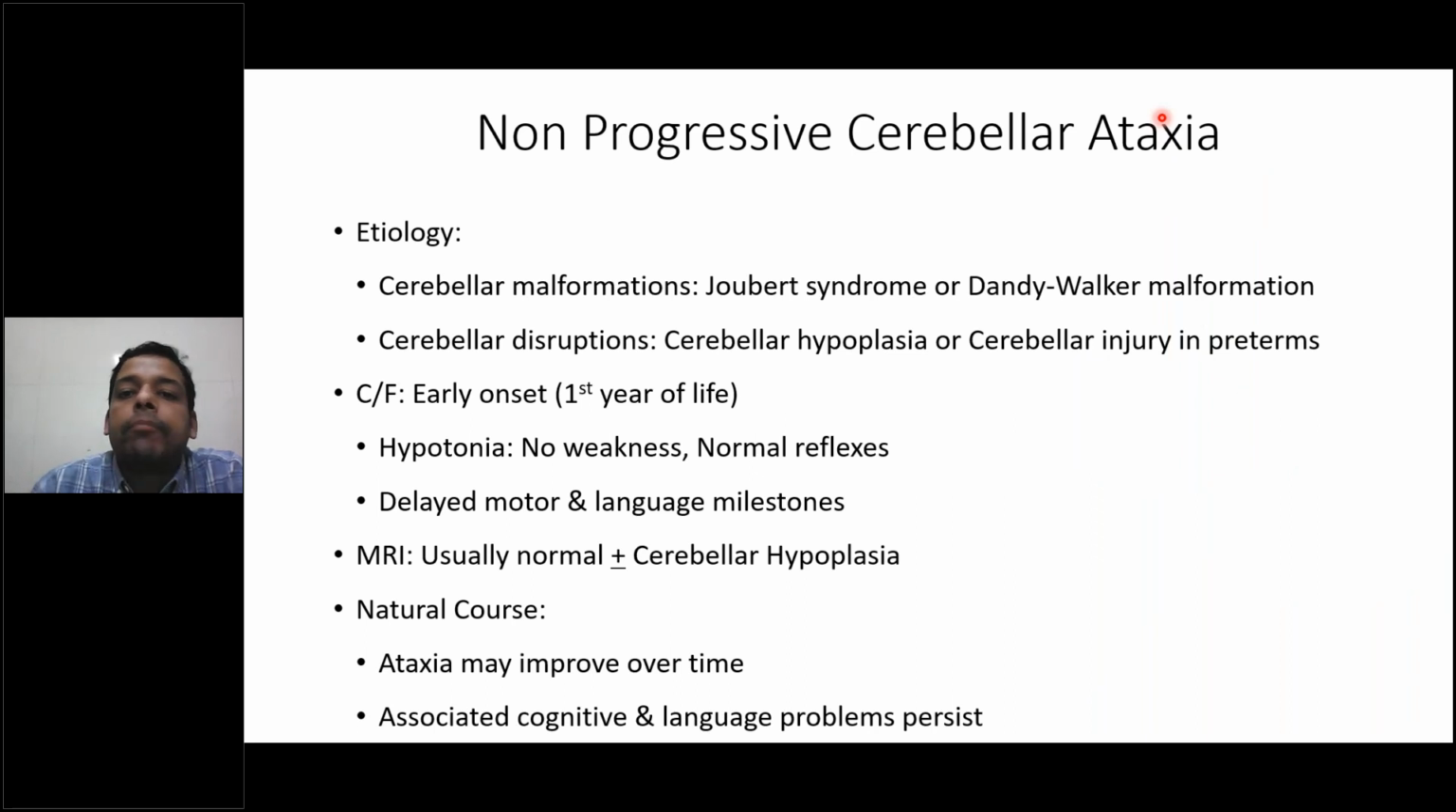Now let us see some non-progressive cerebellar ataxias. These are chronic ataxias which are not progressing. The ataxia does not increase in